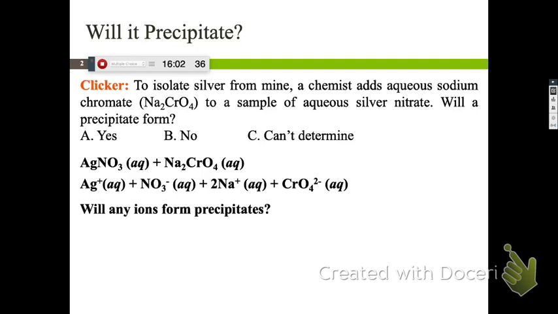Solubility and insolubility. We have all of these ions now floating around because we said that these two compounds are aqueous. So if you were to go in the magic school bus and look at the solution, you see all these ions floating around, right? And then the question you need to ask yourself is, when two of those ions bump into each other, are they going to keep going past each other or not? Each one of those ions is actually surrounded by water as well. And so they have this kind of like cloud of water around them.